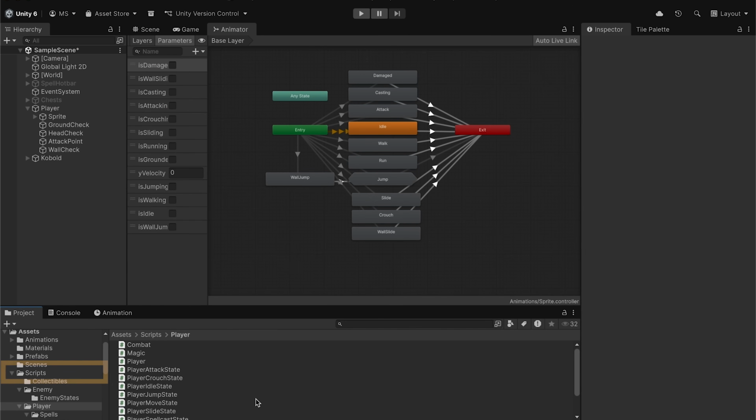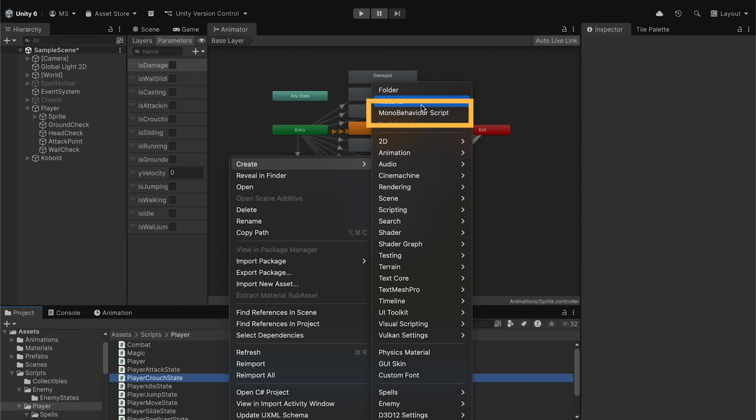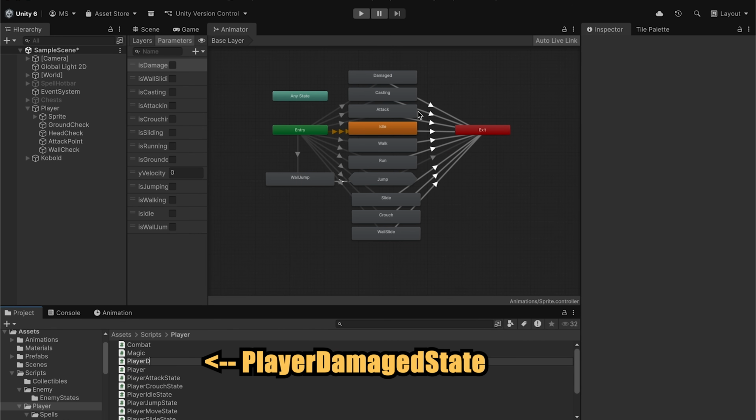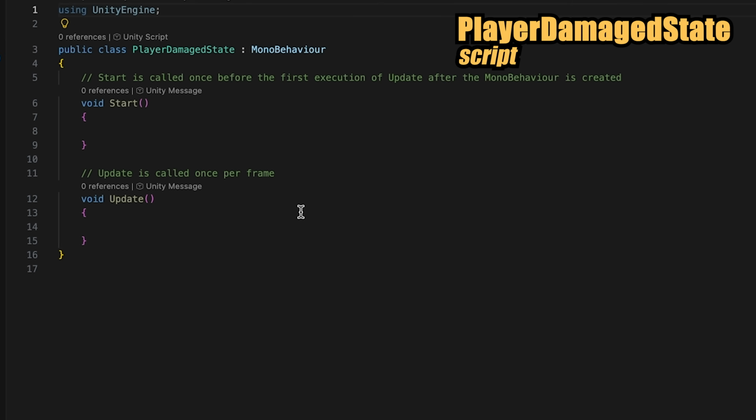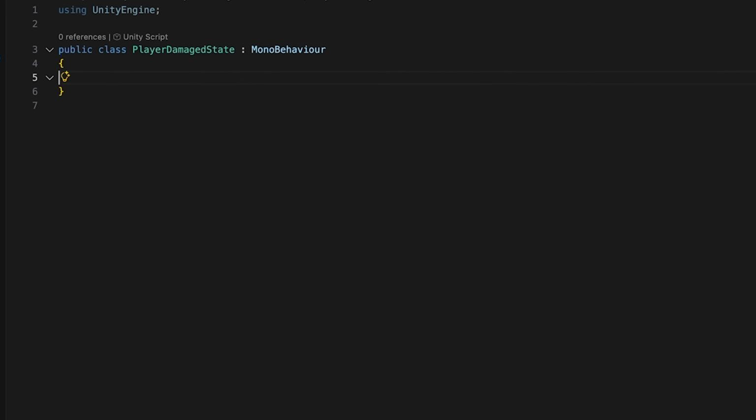Let's head into our scripts folder, go to player, and here we're going to create a new mono behavior script, and we'll call this one PlayerDamagedState. Now this state will be very similar to our enemy damaged state, and I even thought of just copy pasting that one and making tweaks, but I feel like we'll understand our state better and learn more if we actually write it out. So let's start by getting rid of start and update, and making sure that this inherits from